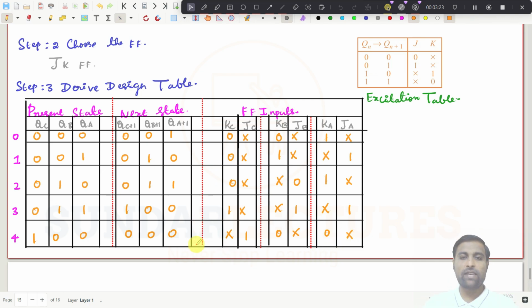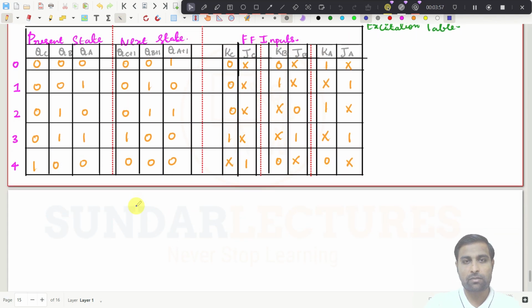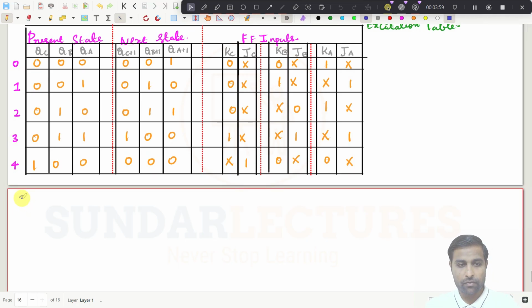So now what we have actually done, we have just derived the values for J and K inputs. Now this is the input, so present state is my input. And we need to derive expressions for all JA, KA, JB, KB and then JC, KC. For all the JK flip-flop inputs, we need to draw the K-map and derive the expression. That is step number 4, right? So what is the next step we need to do? So I will just put it like this. Step number 4,